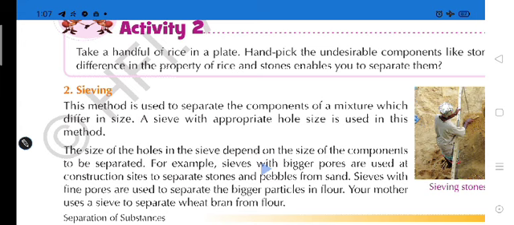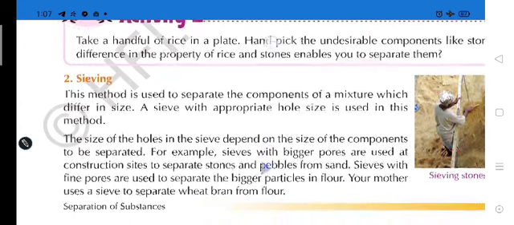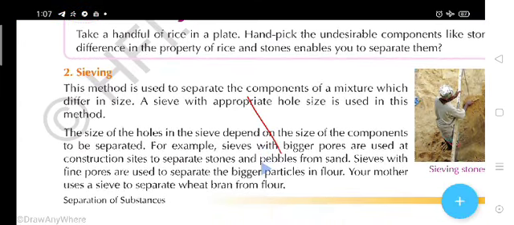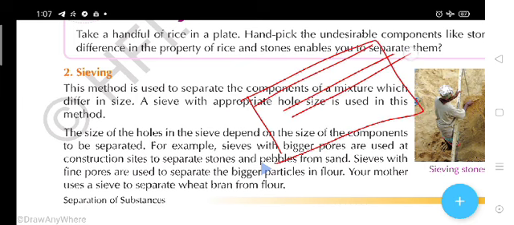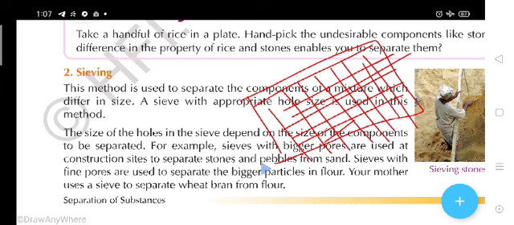As I told you, simply see a net-like structure of wire, and the smaller particles can pass through that net easily, and the other particles which are larger in size will be retained and remain on the surface.